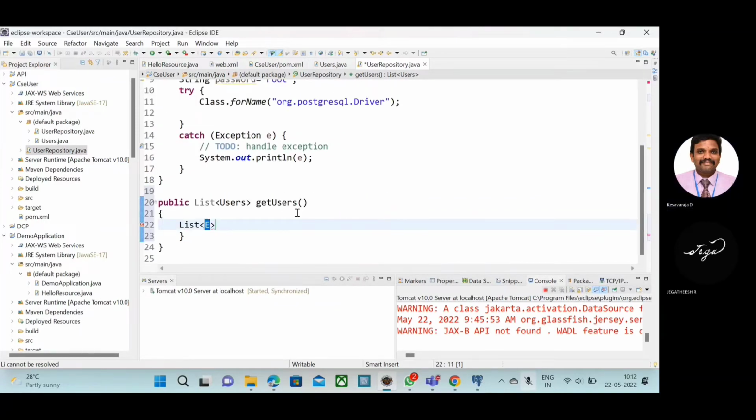Yes, good. Then List of Users. Not user, users. What's the class name? Users. Okay, correct. Then List, less than Users. Then space. I will create the object name users, with a small u. Users is the class name, users is the object name. Users equal to